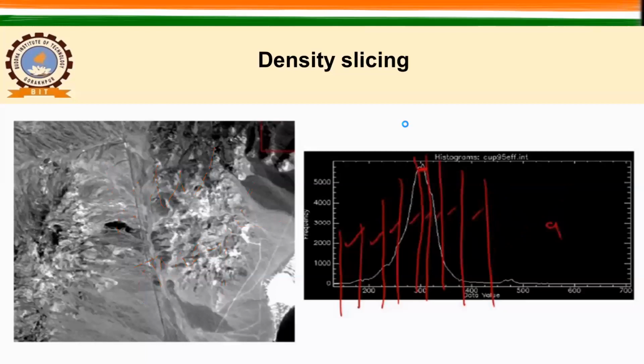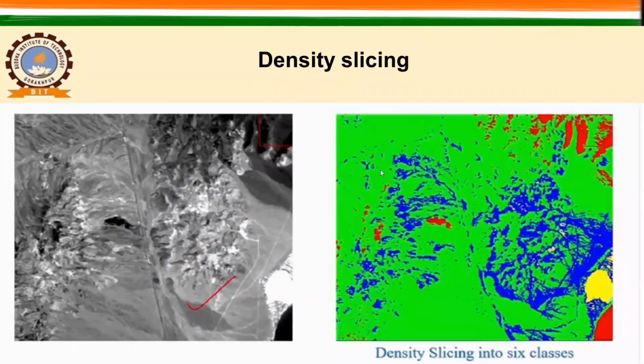So here, how do we understand this density slicing? See, this is the density slicing of this particular left image. Here you have a raw image, and we have done its density slicing into 6 classes on the right side. Look, I have used 6 classes. So 6 classes of the same image, depending upon my application, I have selected some value range, and this is the result. I will show you one more example.